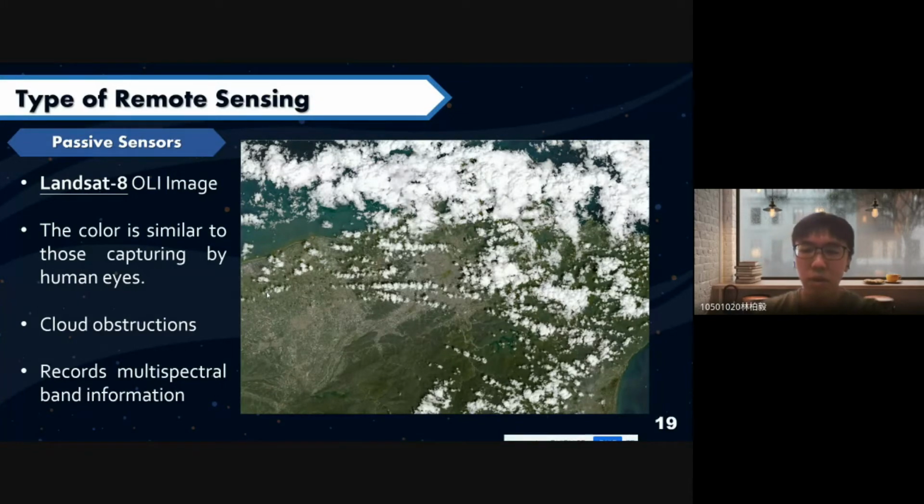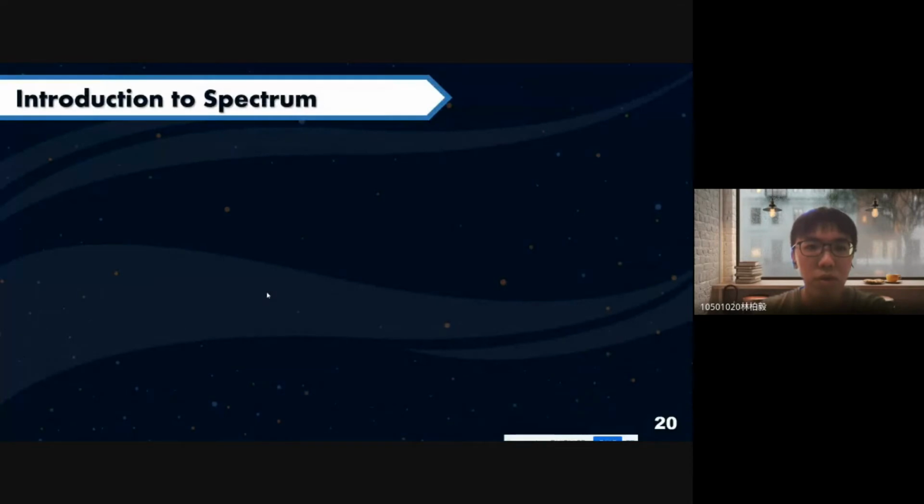However, because the wavelength is shorter, we will get obstructions by cloud and smoke. And also, the passive sensor will record multispectral band information. So here I'm going to introduce the spectrum.